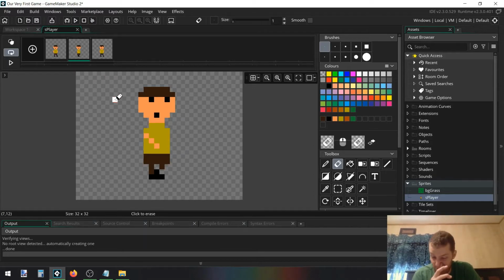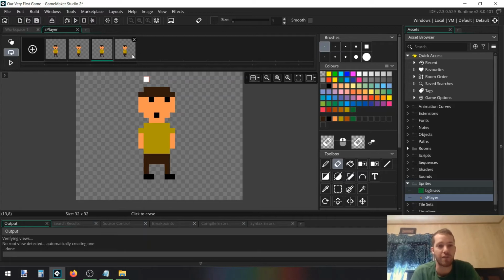You can use the buttons 1 and 2 to go frame to frame. If you hit 3, it will animate, and it's animating really fast. We'll fix that though. So frame 2, frame 3, and what we're going to do is copy frame 2, Control C, click frame 3, and then hit Control V, and it's going to paste after that frame. So now it looks like he's walking kinda,